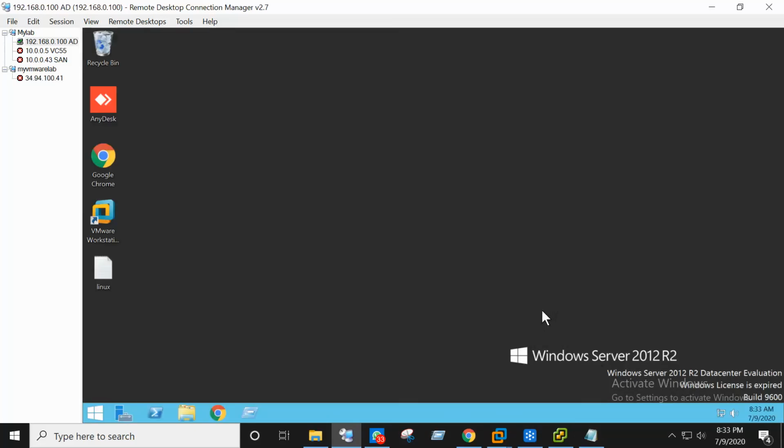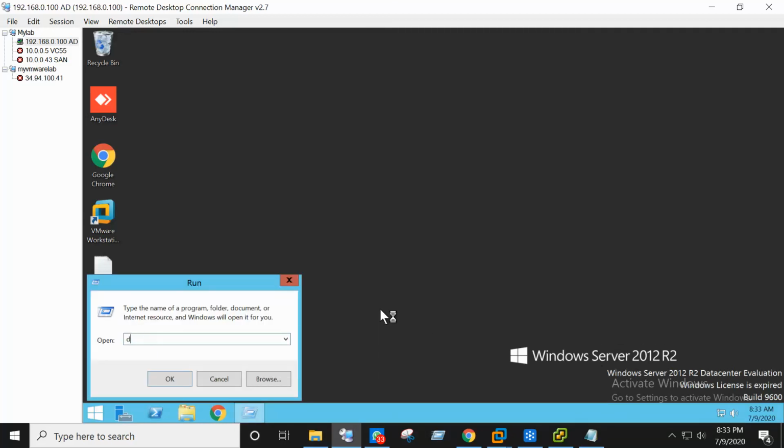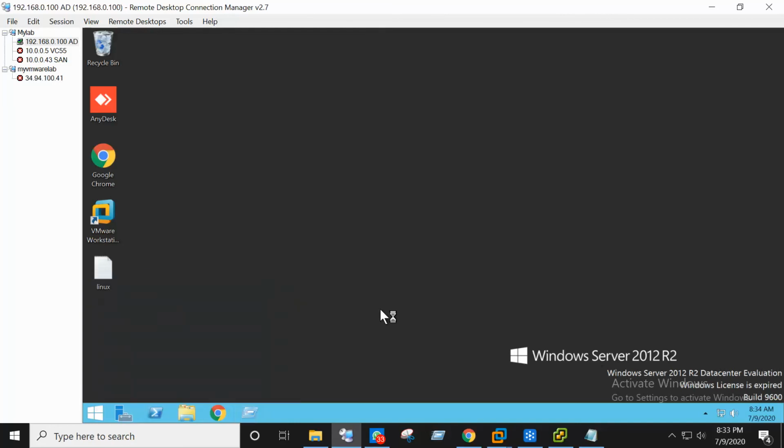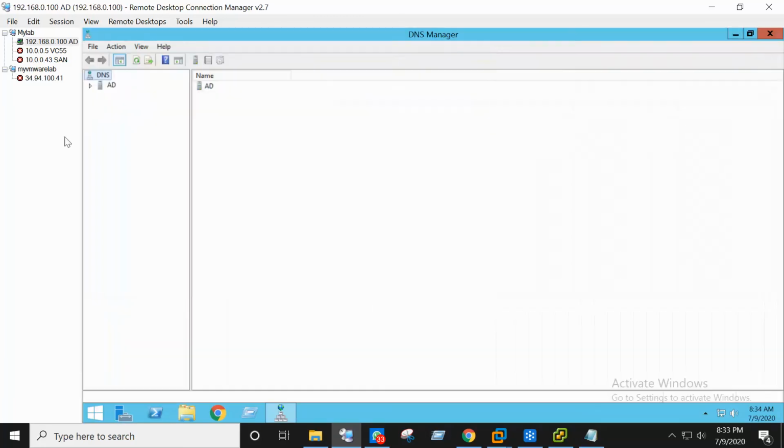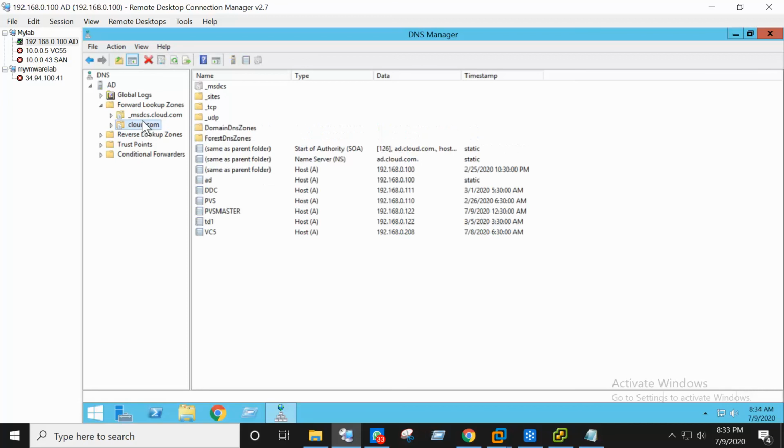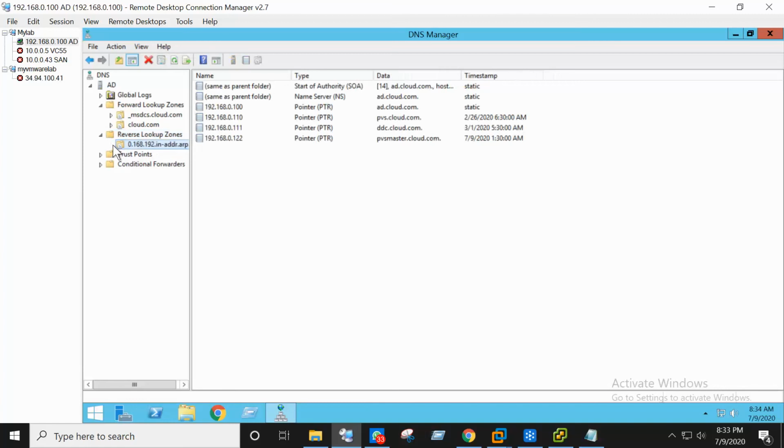Let's open the DNS. VC5 reverse lookup zone is not updated.